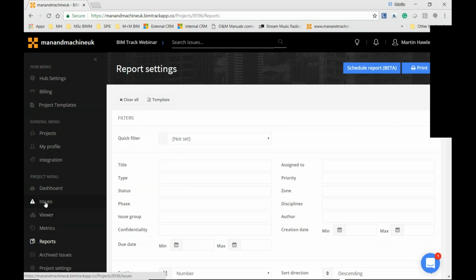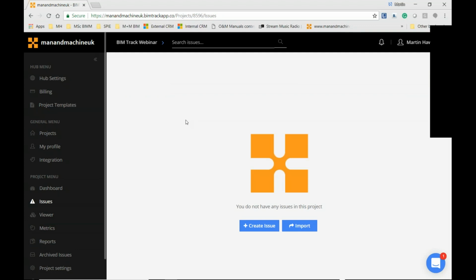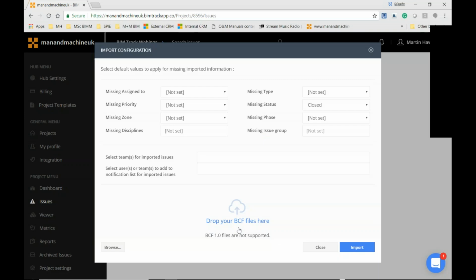So at the moment, I'm just going to go back to the issues, because we have various methods for creating issues. One of those would be to import some issues from different platforms, and we can do this through that BIM collaboration format which I mentioned earlier, so BCF files. So if we do have a BCF from a different platform, we can import it from here if there are no issues there initially. So when we do this, we get a dialog box such as this, which gives us